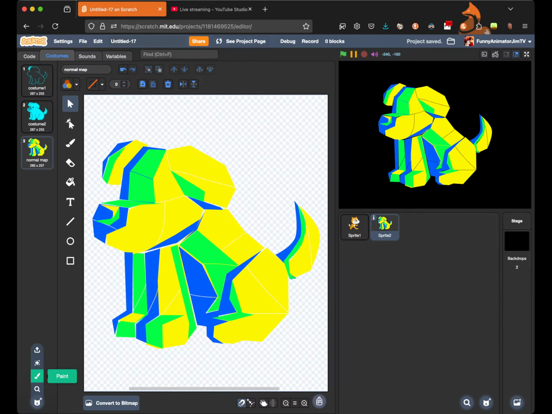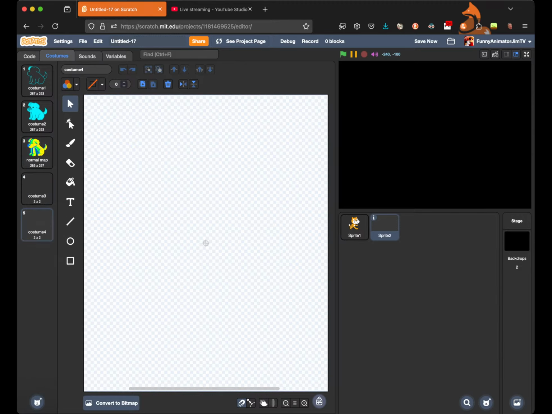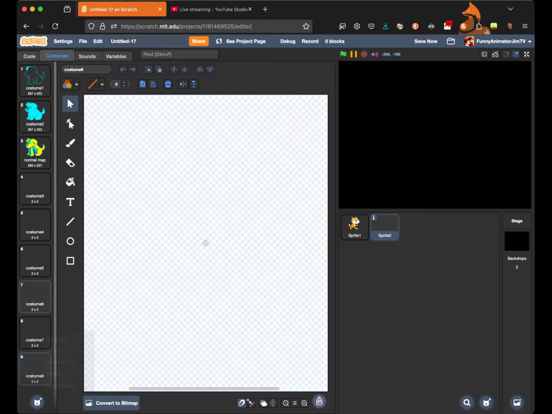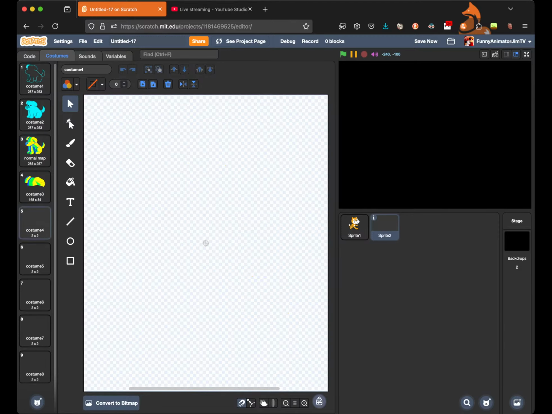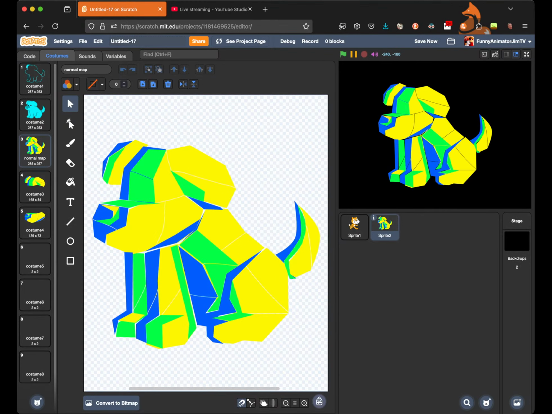We'll split upper head, lower head, legs or feet, front feet, and upper back, lower back, and the tail. Okay, we'll do that. Okay, so this is upper head, lower head, and then